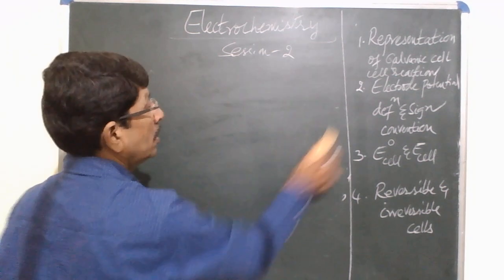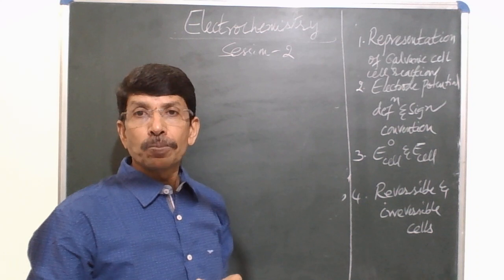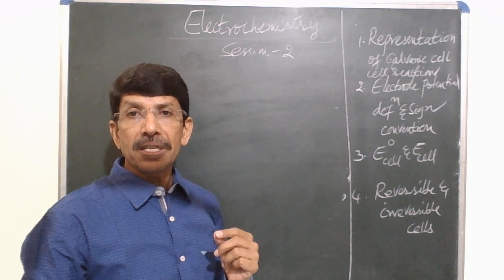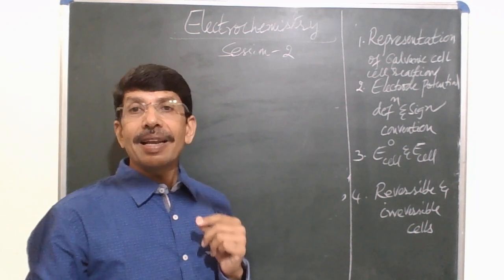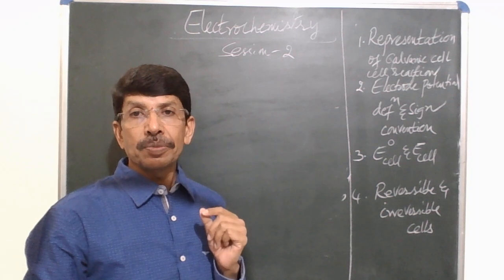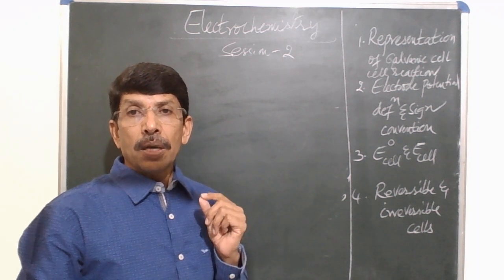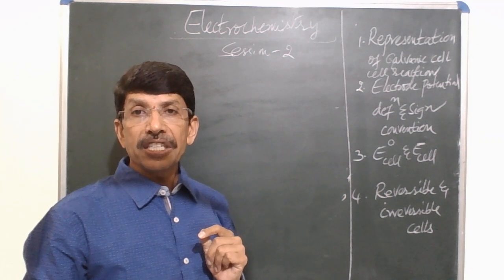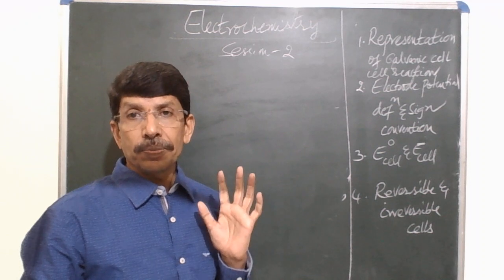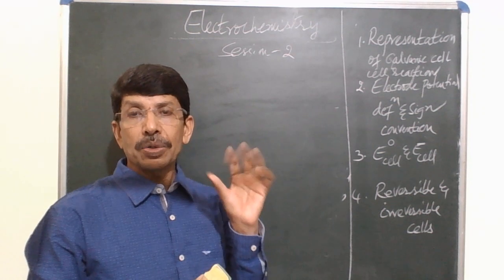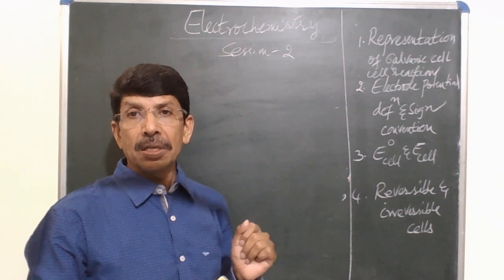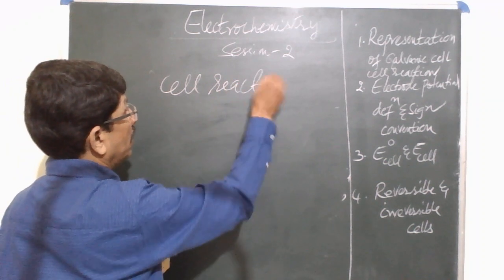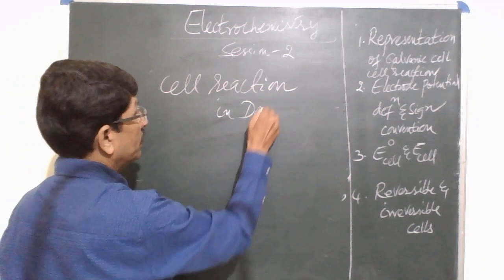Right. Now, after knowing the standard way, or IUPAC convention, of representing a cell, what is a cell reaction? How do we write a cell reaction? I said oxidation takes place at the zinc electrode, at the anode, and reduction takes place at the cathode. So in the zinc-copper electrode system, zinc acts as the anode and copper acts as the cathode. So if you consider the cell reaction in a Daniell cell,